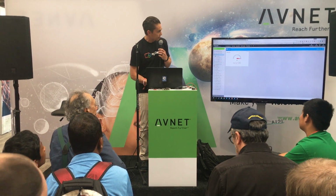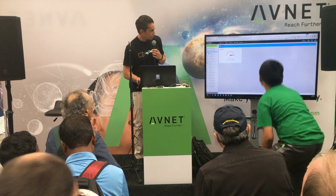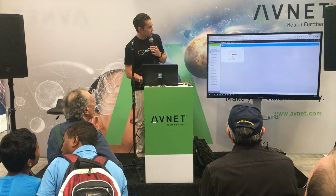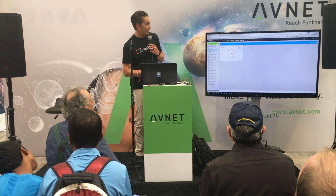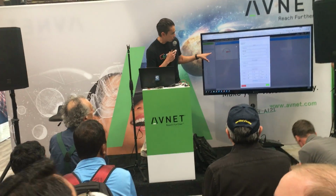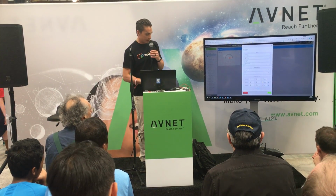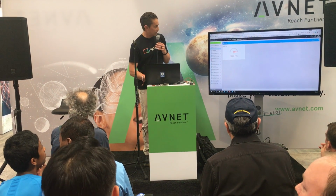Within each widget, where's my mouse? Who sees my mouse? There it is. Each widget also has the ability to customize the settings. So that's what I'm going into right now. If I wanted to make it so that anything below 402 is green, I could make it show like that. I'm not going to do that right now, but it's definitely worth mentioning because it's really easy to visualize the